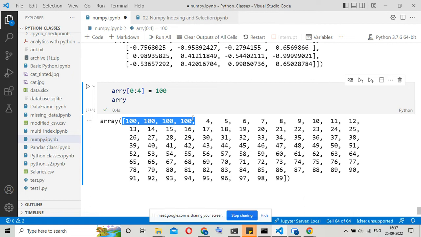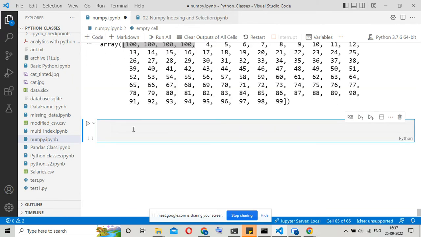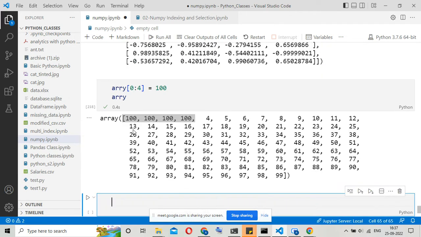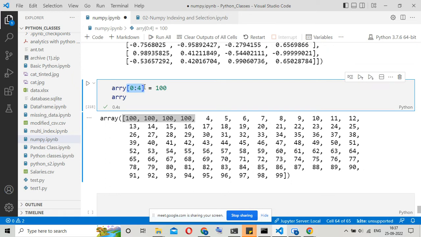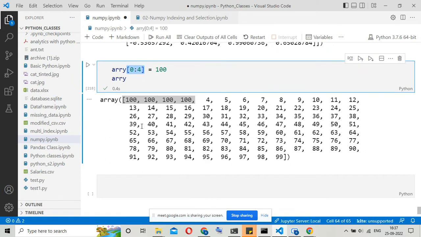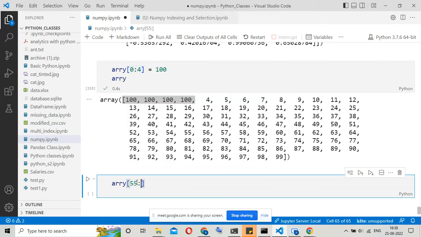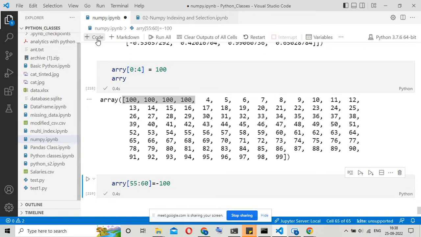It is like directly replacing only some values. You can replace by passing the indexes of the values you want to replace. It depends on how you pass it. If you want to do somewhere in between, you have to mention it, say the 55th to 60th I wanted to replace, and replace with minus 100. Now if you check,